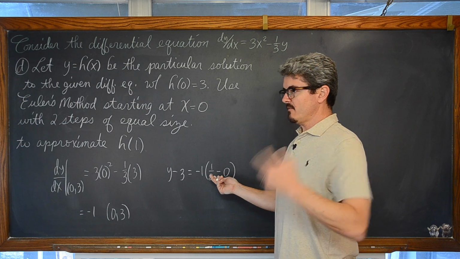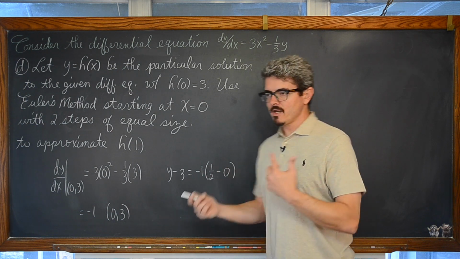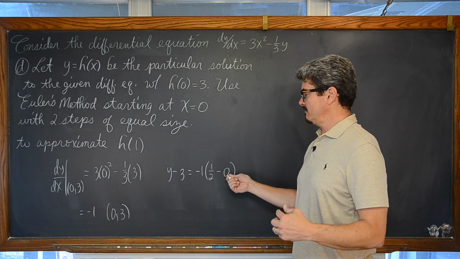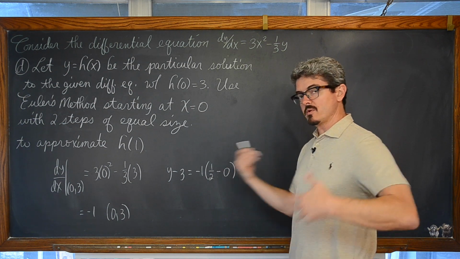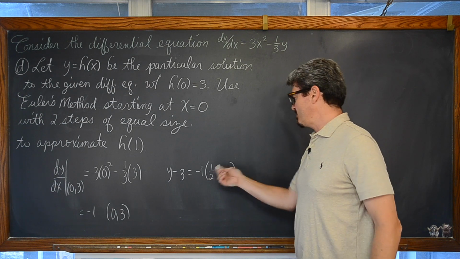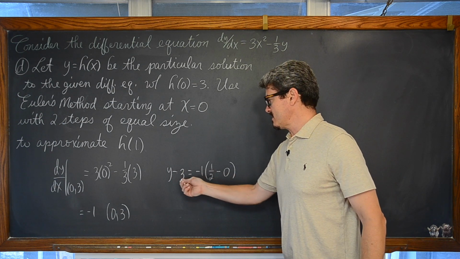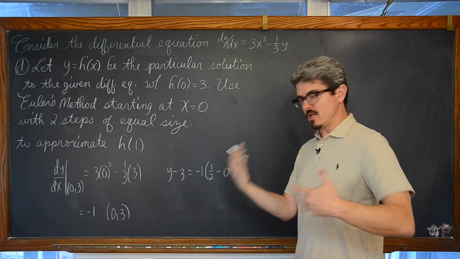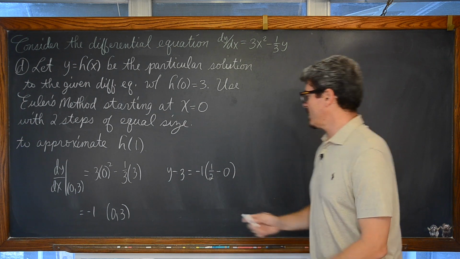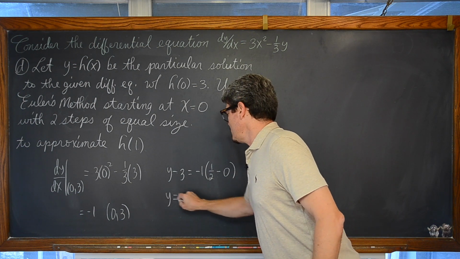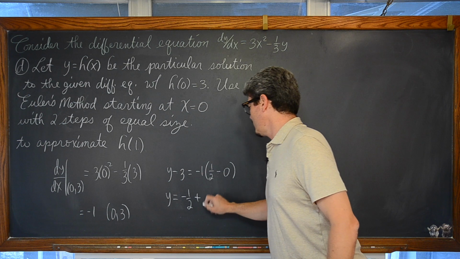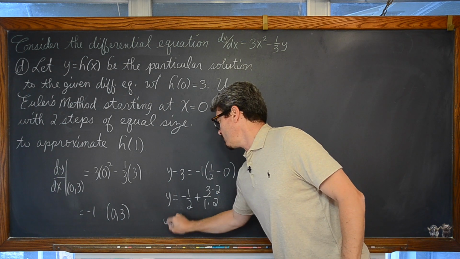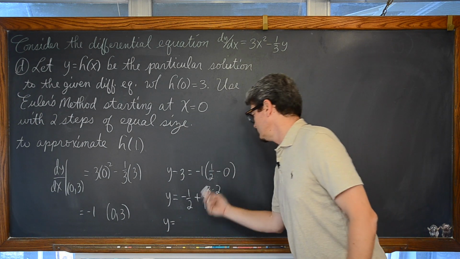And if you're taking equal size steps, you don't really honestly need to do x sub 1 minus x sub 2 or something like that. It should always work out to be a difference of 1/2, but you do need to do y minus y sub 1 equals m times x minus x sub 1 and actually calculate that step if it changes through your Euler's approximation. So we have y is equal to -1/2 plus 3 over 1. Find a common denominator, and we have y is equal to 5/2.